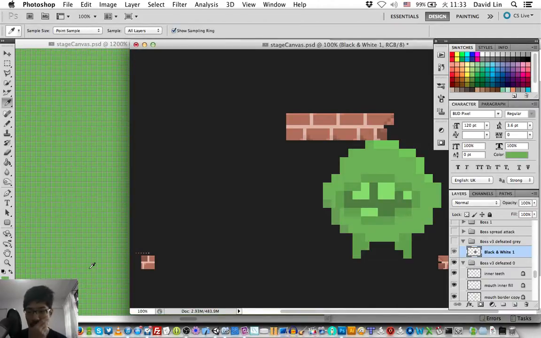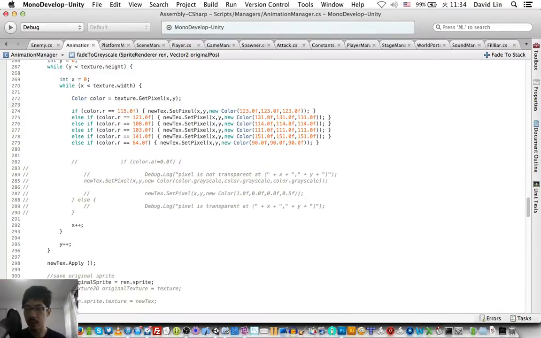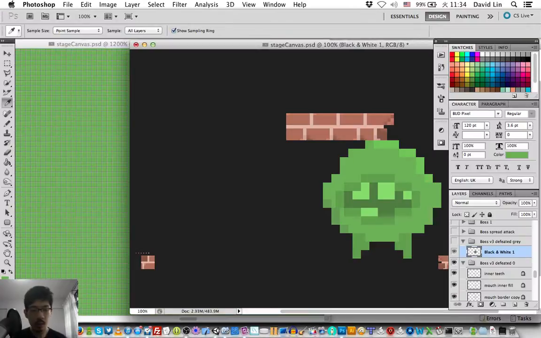Hmm. 115. Okay, for some reason the fading isn't correct. Or rather the color matching isn't